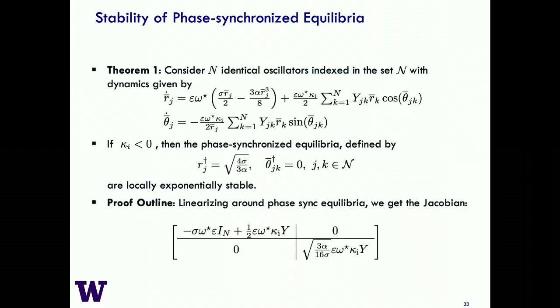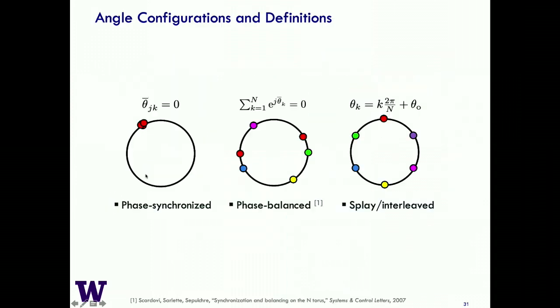Here I have a theorem which sounds really scary, but it's really not too bad. We have N oscillators with these dynamics. I haven't done anything here, I'm just restating those same differential equations from a couple slides back. And here is that really important feedback gain. If that feedback gain is negative, then we have this radius equilibria given by this R dagger, and it turns out that all the angle differences are 0. And that condition, or that point,